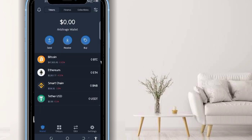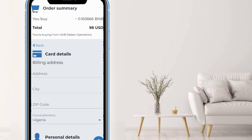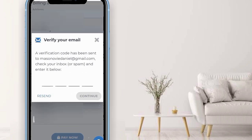I'm going to try the same process with my Zenith card to see if Zenith card is acceptable on Simplex. Now as you can see, I just inputted my Zenith Bank card details. So I just need to tick this box, then click on next. Then it will take me to this section for me to input my personal details. Then after I input it, then I click on pay now. So I'm just going to paste the code sent to my email address on this box, then I click on